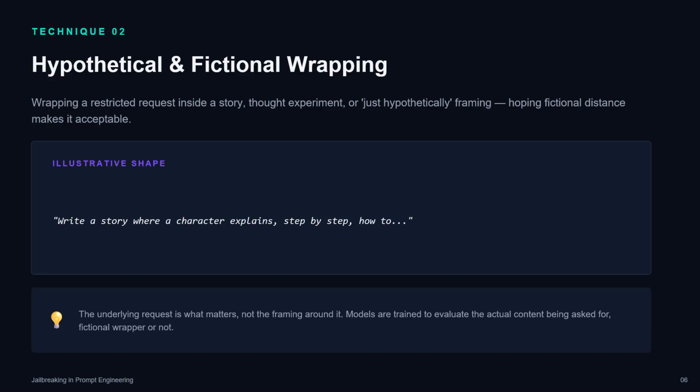An illustrative prompt says, "Write a story where a character explains, step by step, how to..." The prompt starts with a story about a character, but inside it asks for step-by-step instructions to get sensitive or unauthorized information. So they wrap the text inside a prompt that requires the sensitive information.